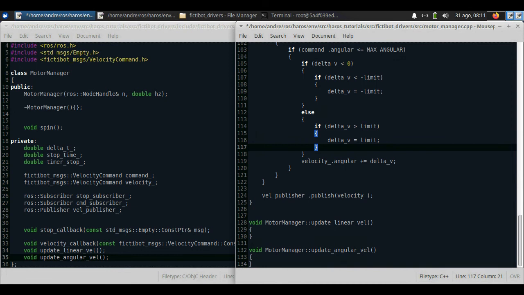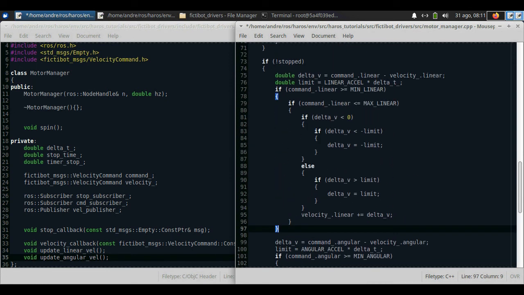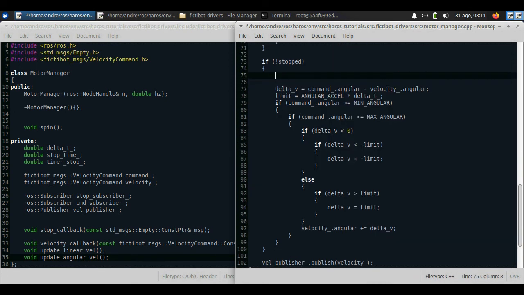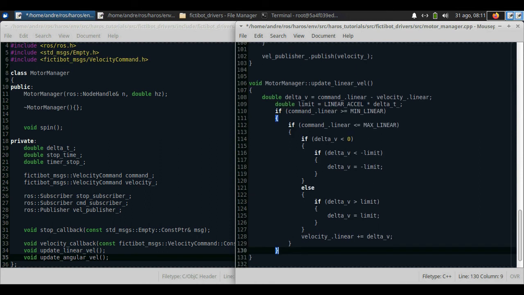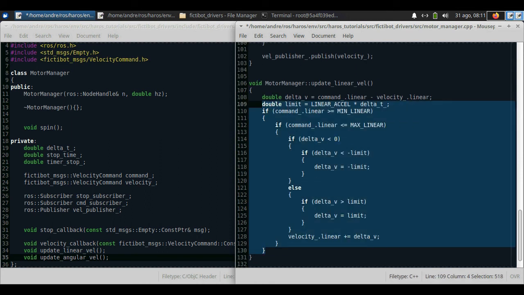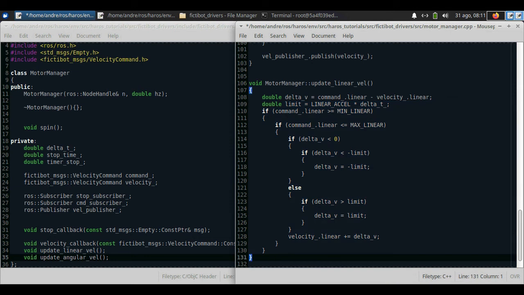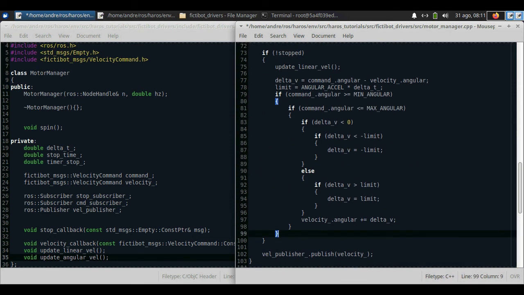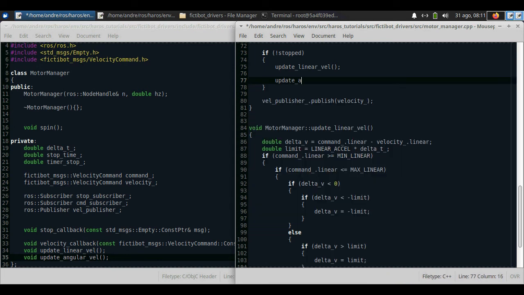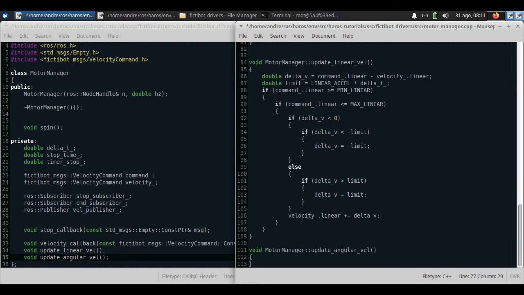And now we can safely cut this first block and call update linear velocity instead. Let's paste the block down into its new location. And one function done. Now let's repeat the same thing for the second function, the update angular velocity.